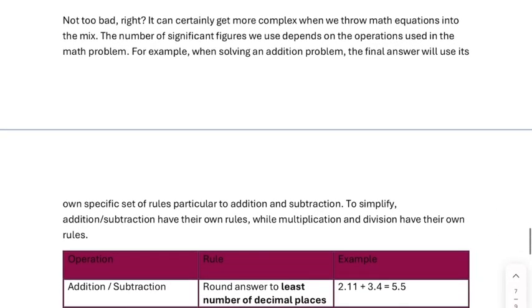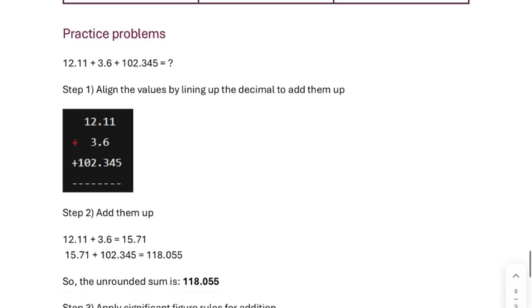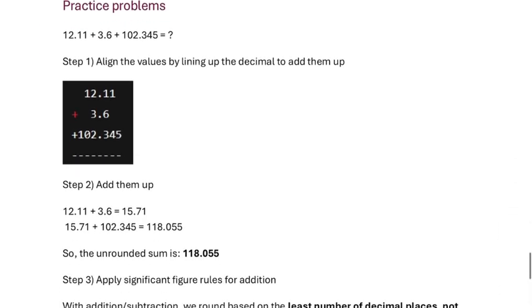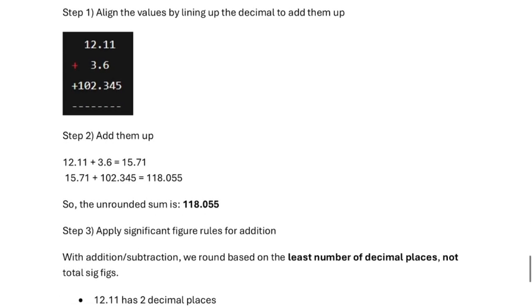Not too horrible, but there are more rules. So in addition, when we're dealing with operations such as addition and subtraction, it's a little bit different than what I'm going to go over with multiplication and division, which is the least number of significant figures. So they do differ. So in this example, we're dealing with addition. So we'll line them up, add them up, and then we'll look at our final answer. So individually, we want to look at each of the numbers that we're adding and see which one has the least number of decimal places,